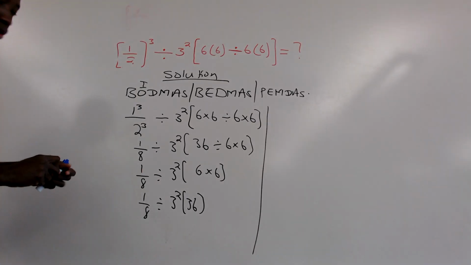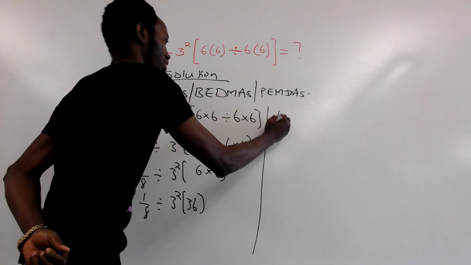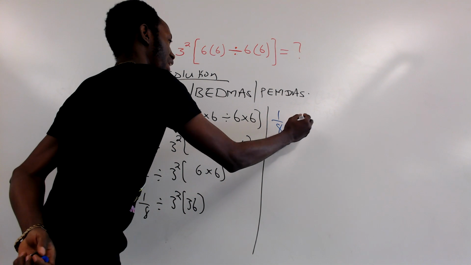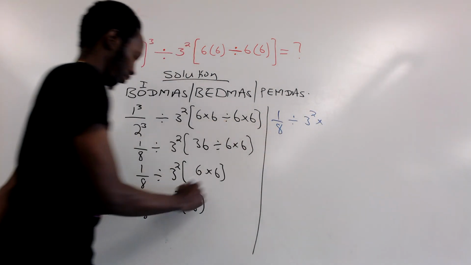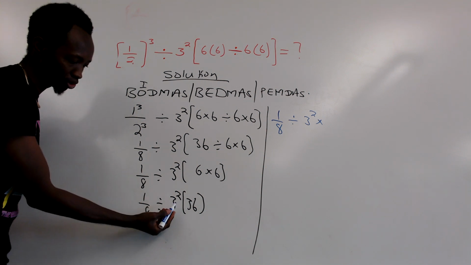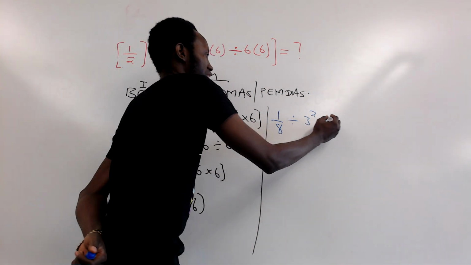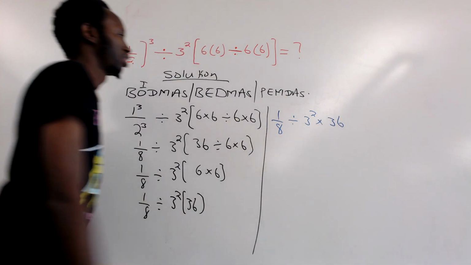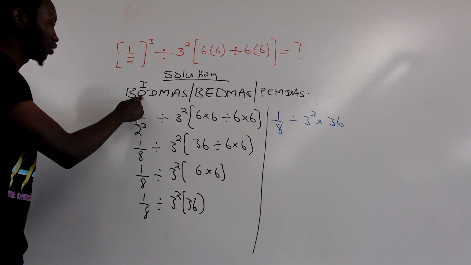so if we move forward, after having this, we write 1 upon 8 divided by 3 squared times, if we remove brackets, because the sign between this 3 squared and this 36 is a multiplication sign, so it's going to be 36. This is what we have. You see? And we have done the first bracket, so the next point to move again to is the O,